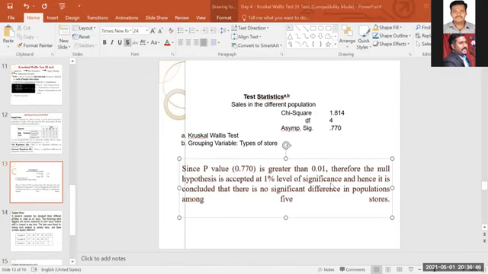They want to check at 1%. That means they want to get the accuracy. I told you what the level of significance is. As a researcher, whatever data I collected, I want to give justification for my data with 99% accuracy. That means 1% error is allowed. They use a term called sampling error. That means 1% sampling error is allowed. So I want to do the research with 99% accuracy. In that situation only you can take 1%.